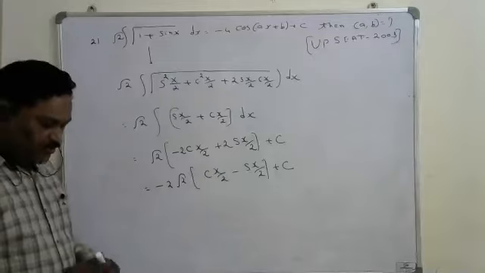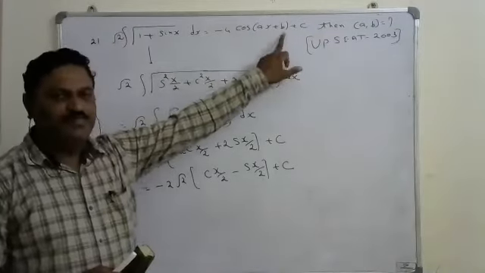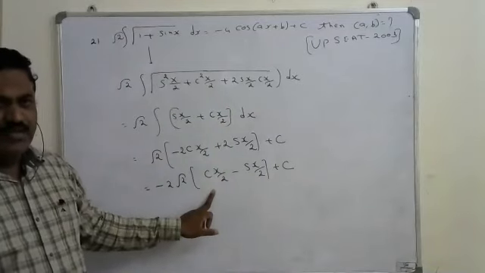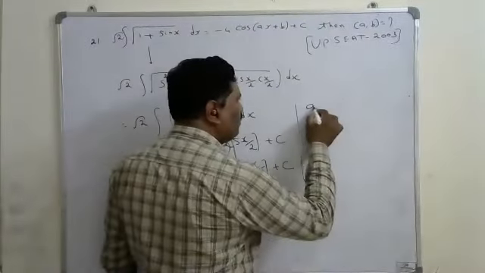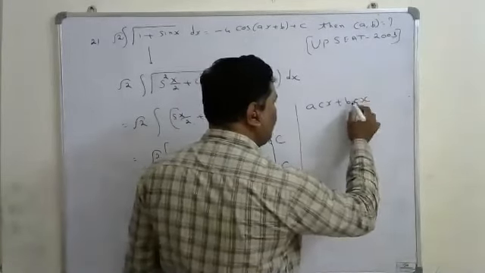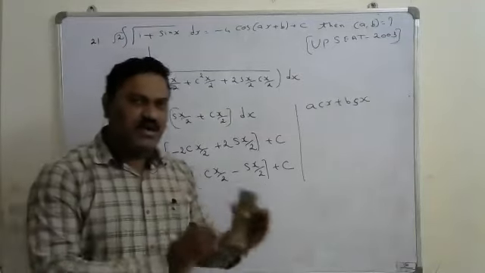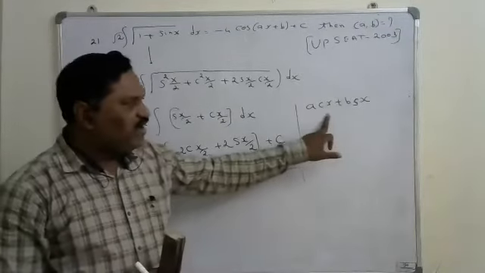Okay. Now, they have given on the RHS the format of cos of a plus b. We have to convert this into the form of cos of a plus b. Suppose any trigonometric function is in the format of a cos x plus b sin x. If you want to convert that completely in terms of cos or completely in terms of sin, we have to multiply and divide this expression